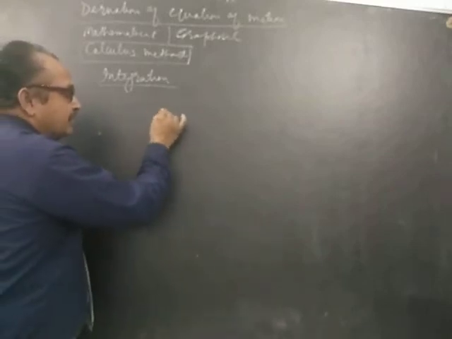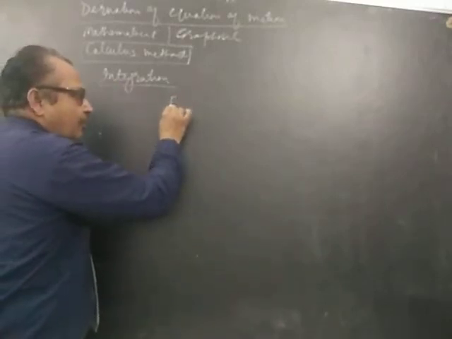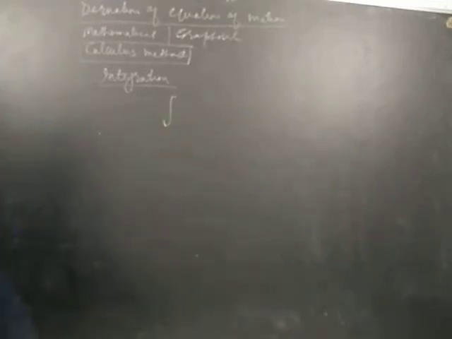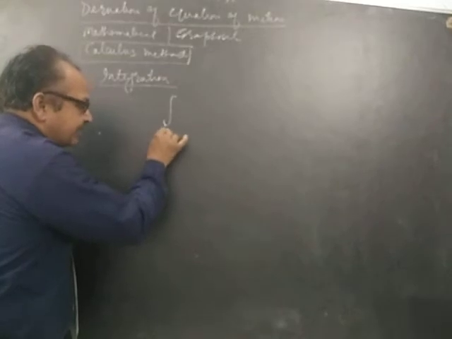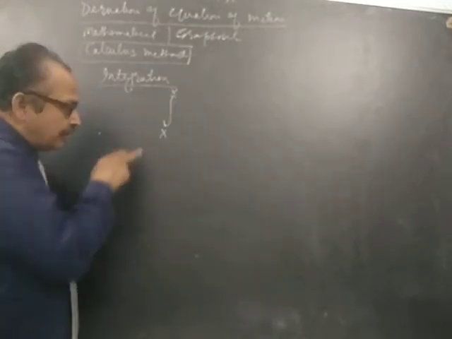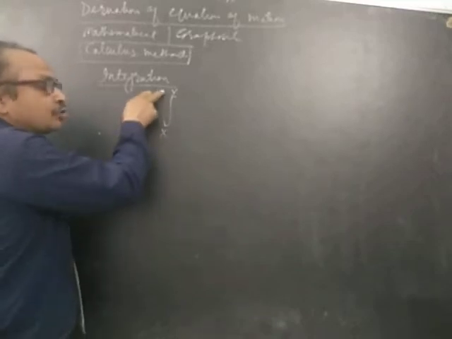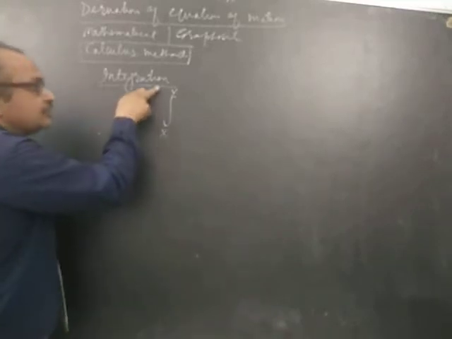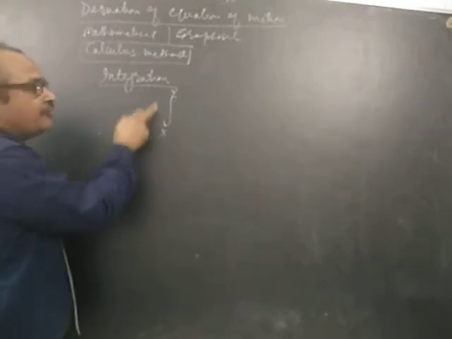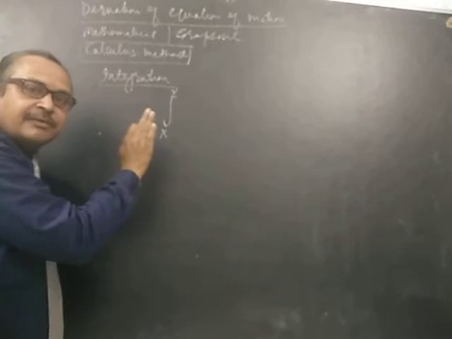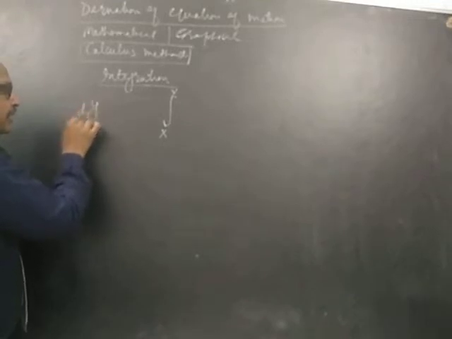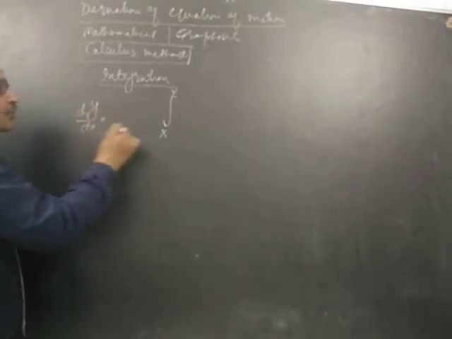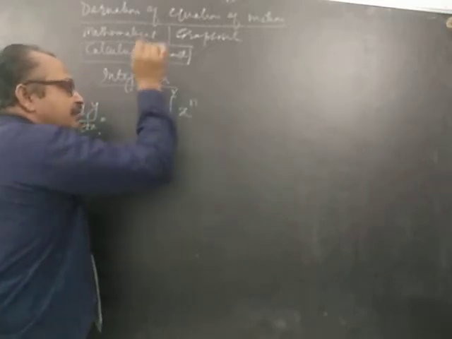So suppose first of all, the symbol of integration is this. As for differentiation we were using d by dx, the symbol of integration is this. And when I say this is the limit, from this to this, where we started and where we ended. Is it clear? Suppose I have a small function, let us say dy by dx is equal to x raised to the power n.